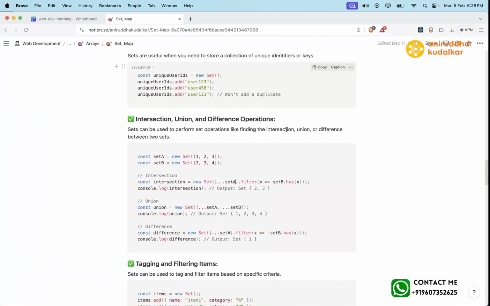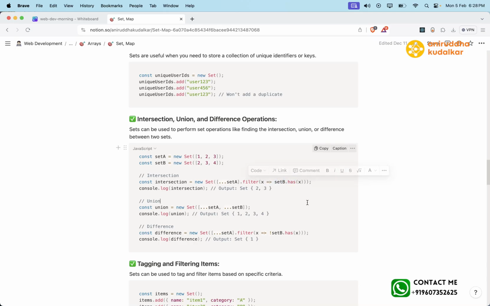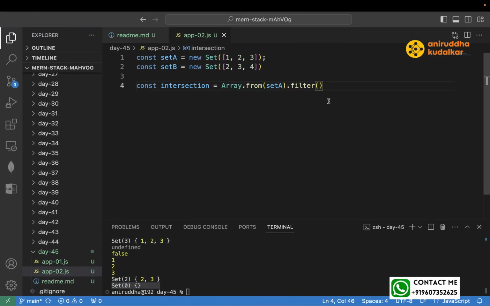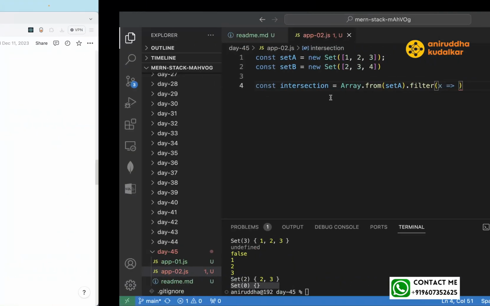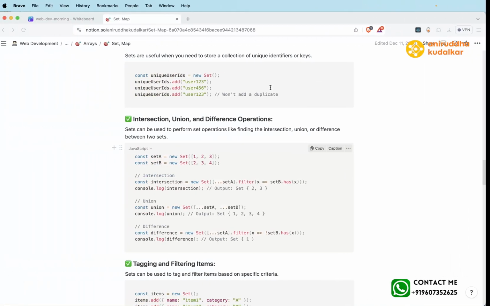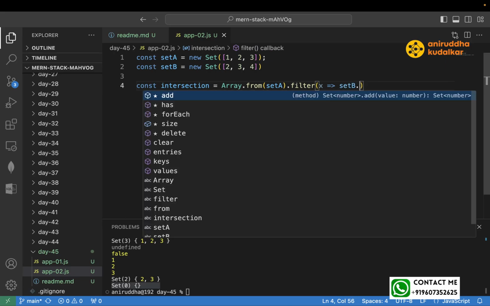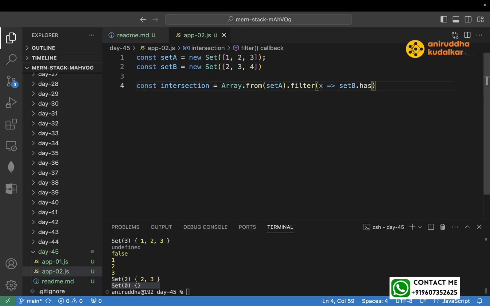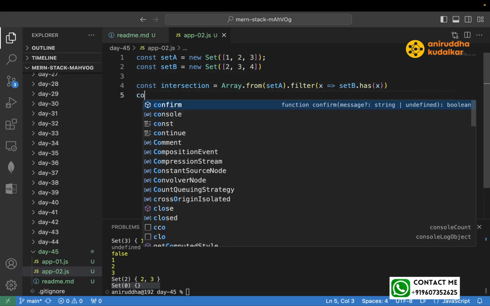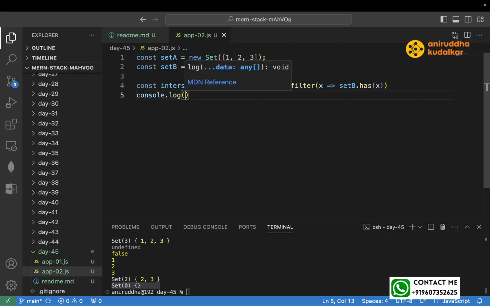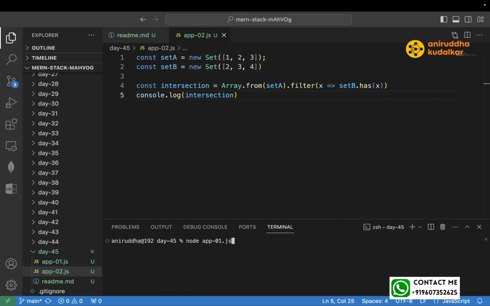Now the filter method. Filter means what? Can you please tell me? So here I can say x arrow, where x can be any element in the set A. X arrow setB.has(x), set B has this x, and you will get the intersection. So if you console.log the intersection of the two sets,